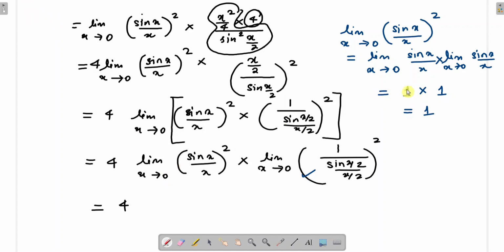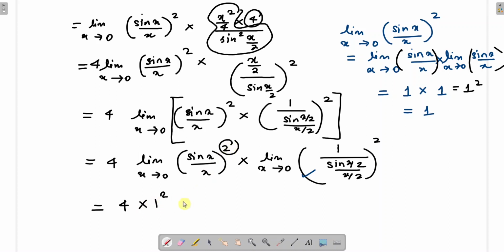So like this, what we have to do, we have to write the square as two functions: sin x divided by x, sin x divided by x, and split the limit to each of the functions. So what you will get here, you are actually getting one square. If you know the formula for the function which is inside the bracket and you have the power here, what you will get as the limit is the answer which is in the formula. So limit sin x divided by x is 1, and then the power square, 1 square.